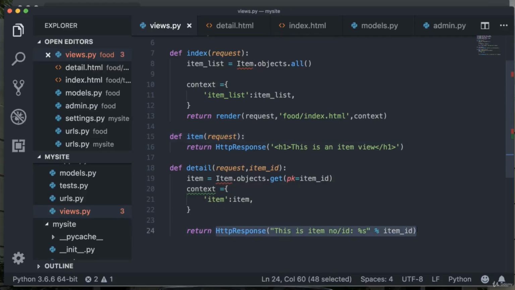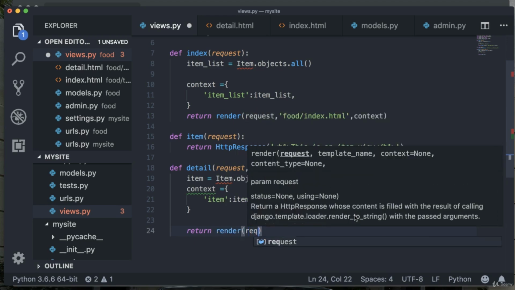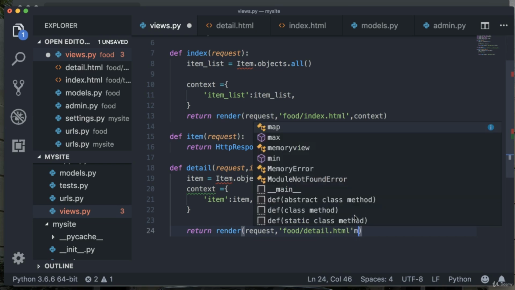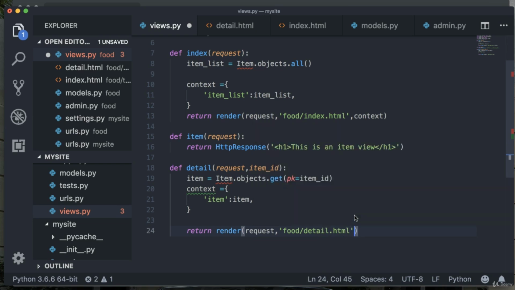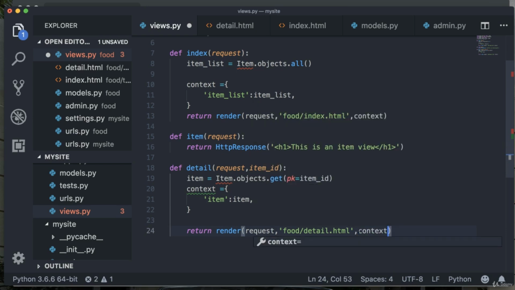So again, we will use a shortcut here, that is, we'll use render and then pass in request, and then you also need to pass in the path for the template. So this is going to be /detail.html, and then you also pass in the context, which is this context right here. So I can pass in context in here, and now let's go ahead, save the code, and let's see if